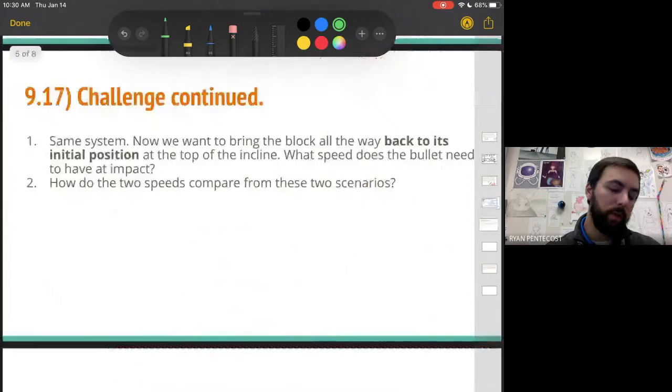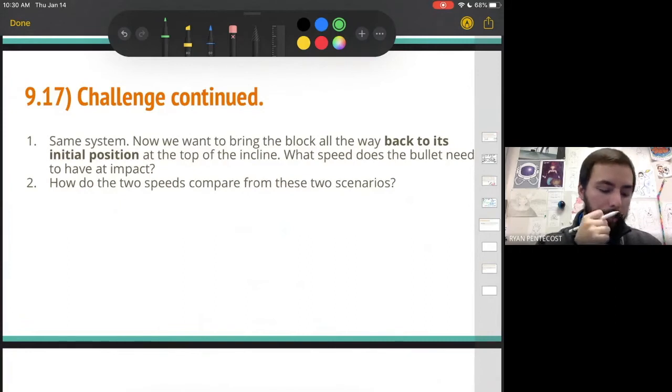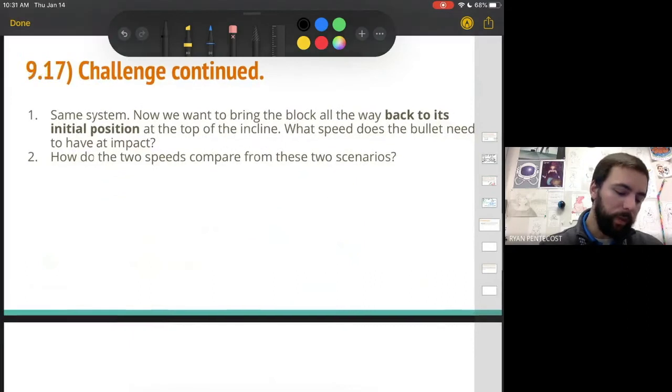We will actually continue that problem here. We've got the same system. Now I want to bring the block all the way back to its initial position at the top of the incline. What speed does the bullet need to have at impact, and how do the two speeds compare from these scenarios? So let's get our